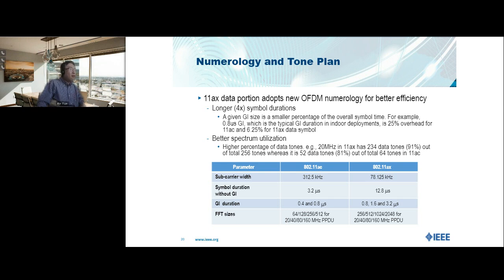When you have a 1x symbol duration, you have a data symbol without GI with a symbol duration of 3.2 microseconds, which I showed in the table below. When you have a 4x numerology, then your symbol duration without GI becomes 12.8 microseconds. Okay. So because we use a longer symbol duration,